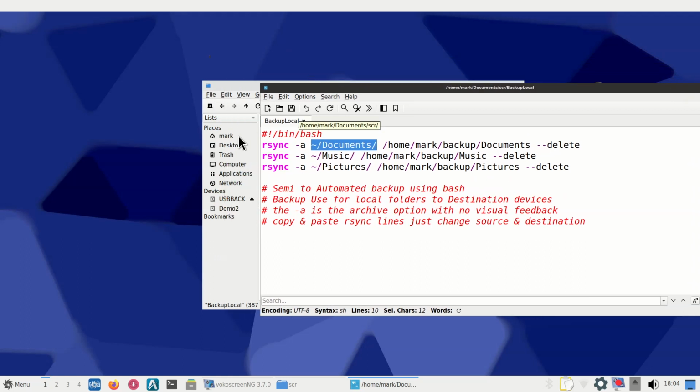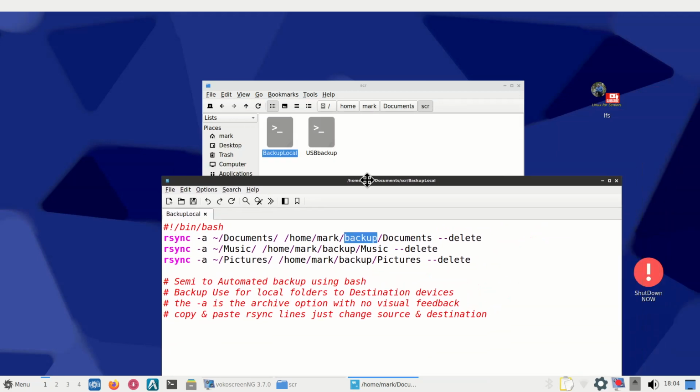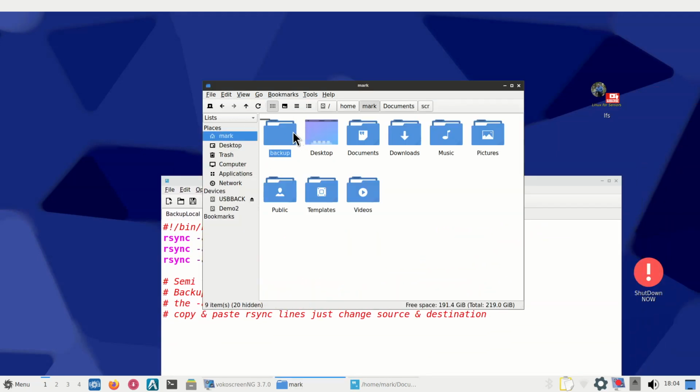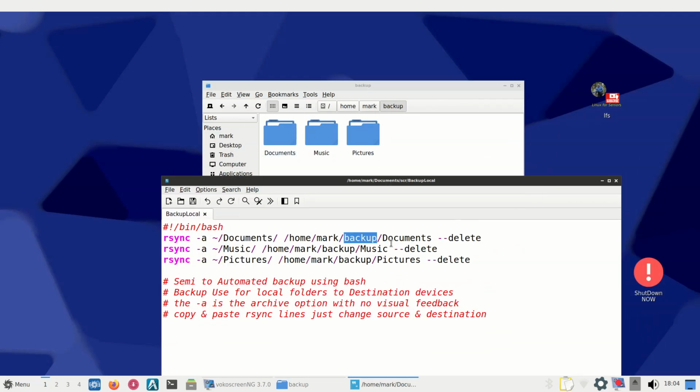I had to stop for a second because a lot of times I change the names. Home Mark backups is the destination. So the source is documents. So it's going to back that up to this folder, which is this one right here. And then it's going to create a document folder. And this one here doesn't have to be spelled the same way. You can call it docs if you like. So in other words, if you do it this way,